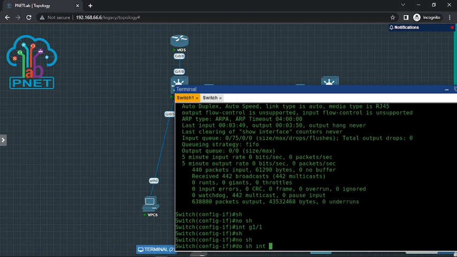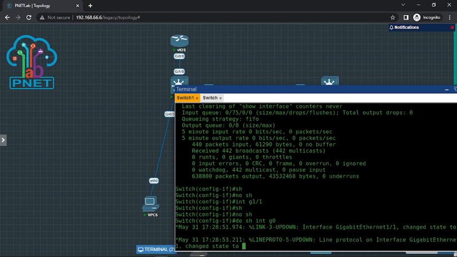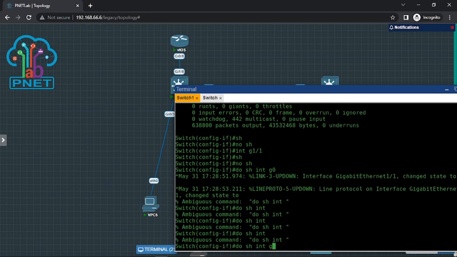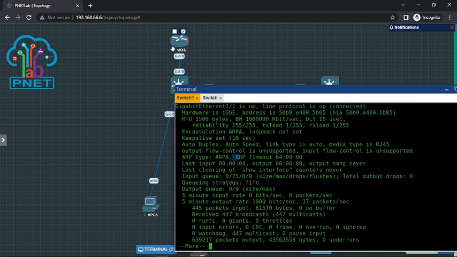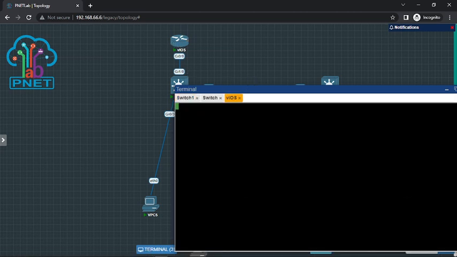Then do show interface. Okay, connected, protocol is up, and then we give this